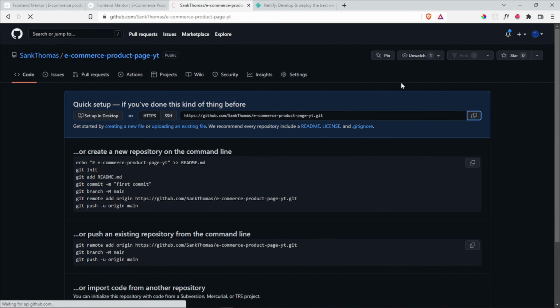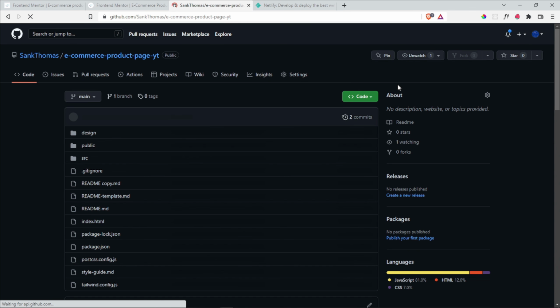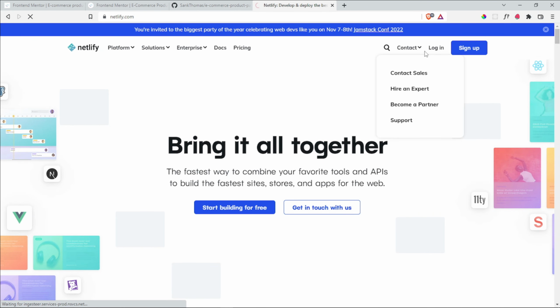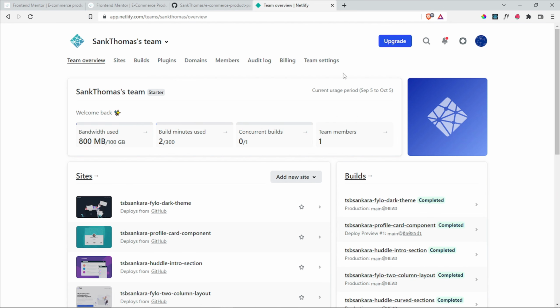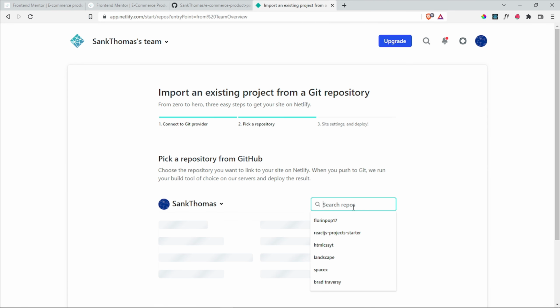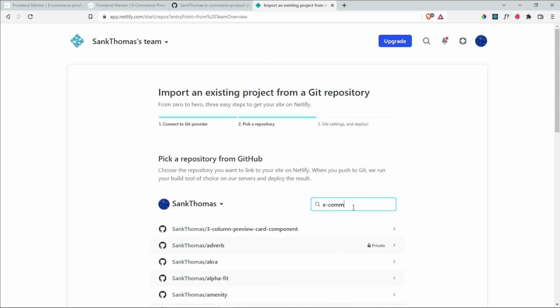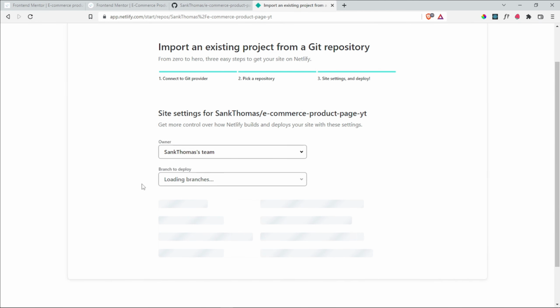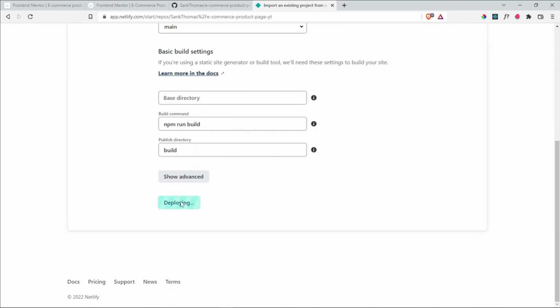And then let's reload this part, and you can see that this is going to be our repository. So now all we need to do is just log into Netlify and deploy it. So let's add a new site from an existing project from GitHub, and then let's search for e-commerce-product-page, and then we're going to be getting the YT one, and then let's just say deploy site,